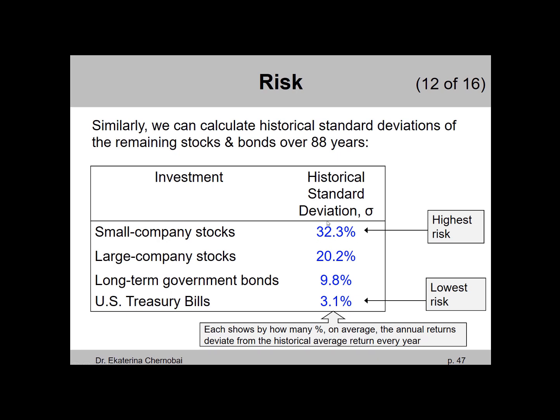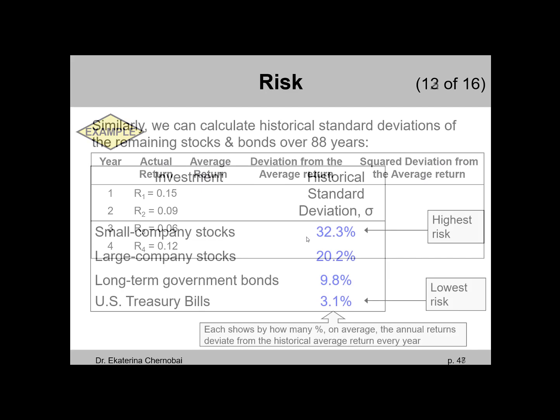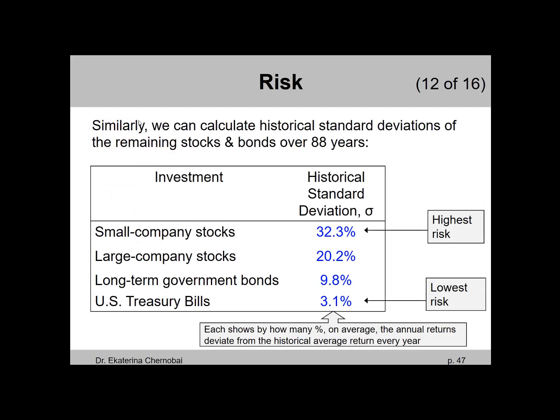That was the green one in our figure. And then the line that was the flattest, kind of at the very bottom, the US Treasury bills, sure enough, has the least amount of risk, which is seen in the smallest standard deviation, only 3.1%. Okay, so that's the amount of risk for our 4